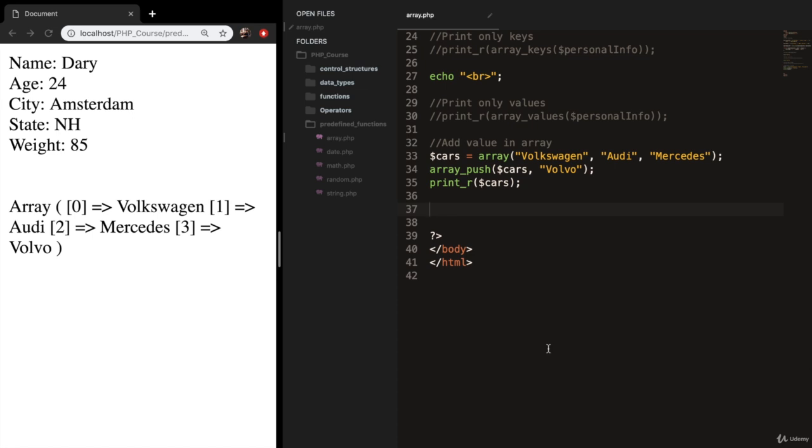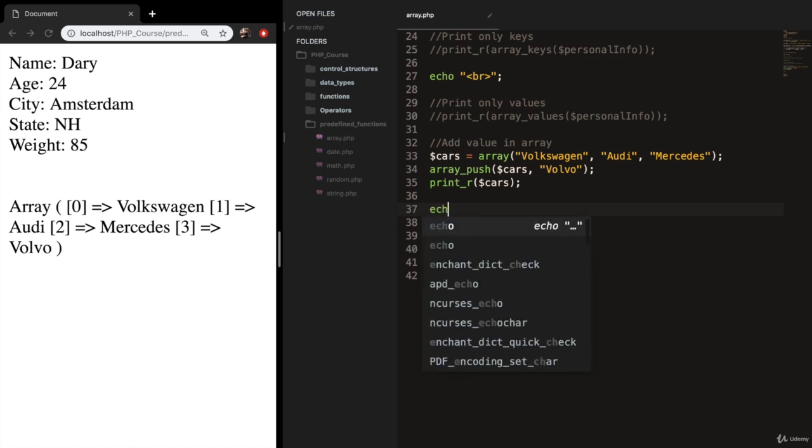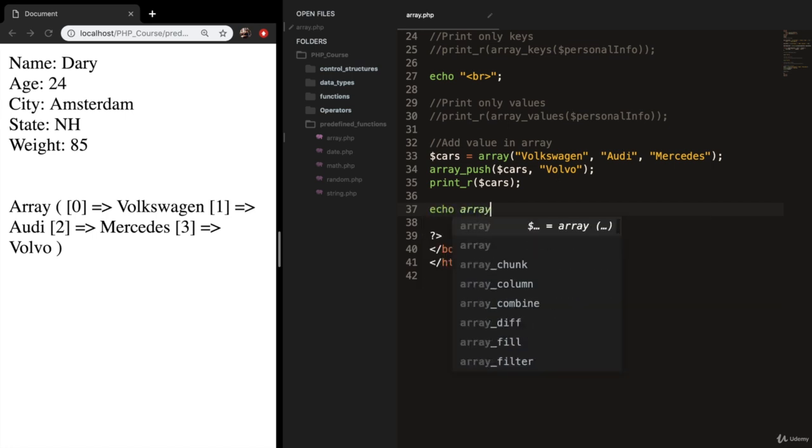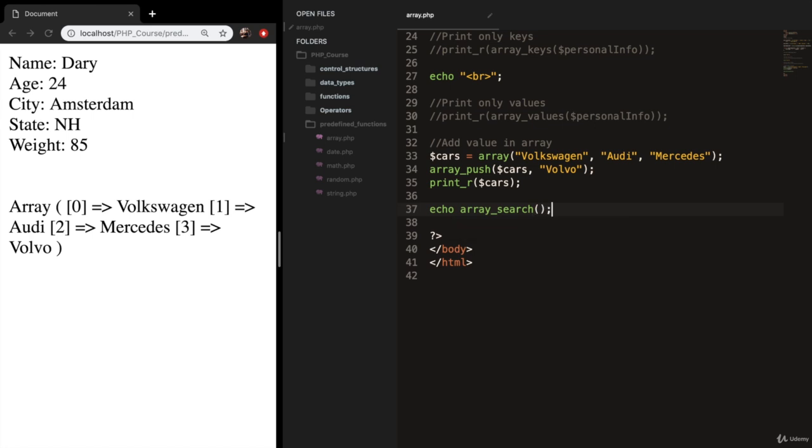And the last array function that I want to show you is the array search. And the array search function searches inside an array for the value that you want, and it returns it as a key. So let's say that we want to search inside our cars for Volvo. Or let's say Volkswagen, since we already array pushed Volvo. The way you do that is simply by writing down echo and say that you want to use the function array underscore search, which has 2 params. And compared to the others, the array name is placed as a second argument and not the first, which might be pretty confusing. So we want to search for Volkswagen